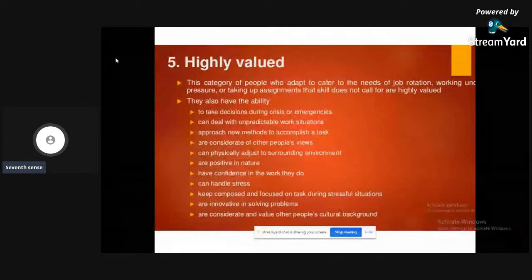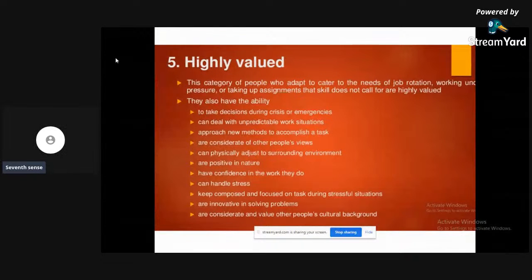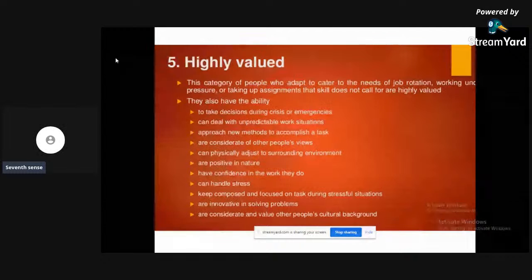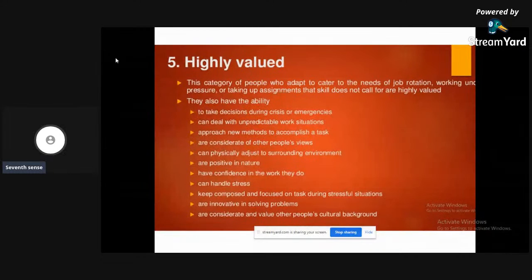If you are managing a company, there will be unpredictable situations to face, unpredictable challenges which you have never thought would come to you.